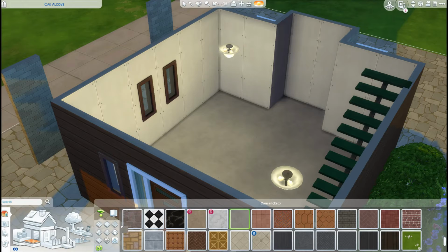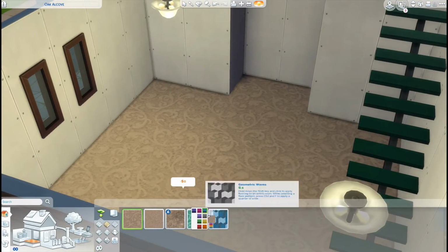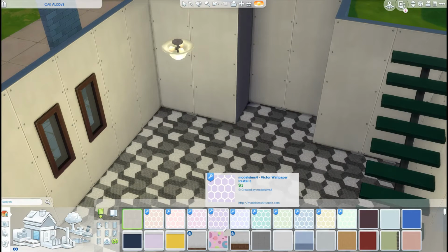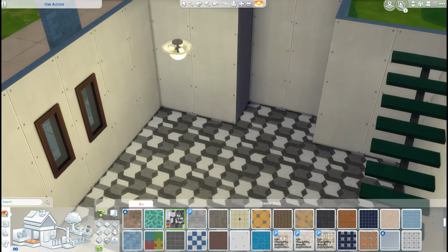outside. So here we are doing the inside. I just kind of struggled figuring out what to do with it because I didn't know how funky to go. I think you're about to see what I think: after I picked the walls, I realized it was just too much pattern, so I changed the walls to